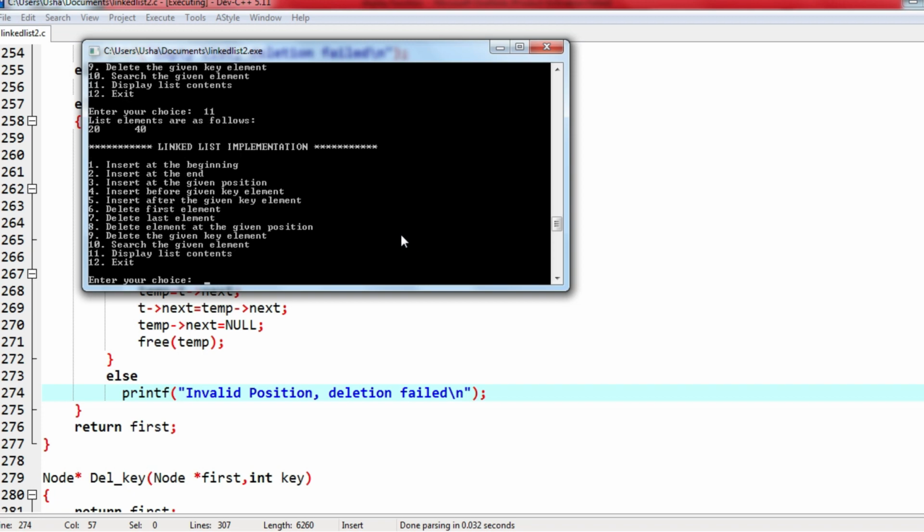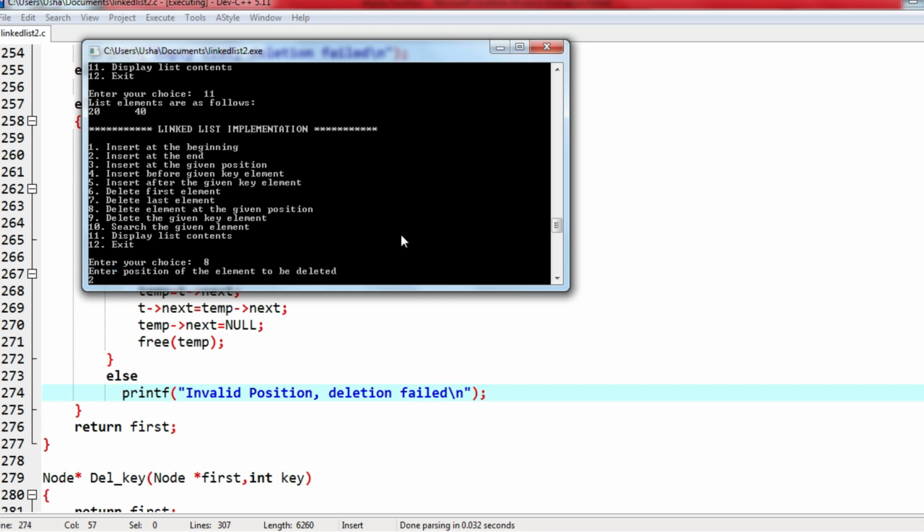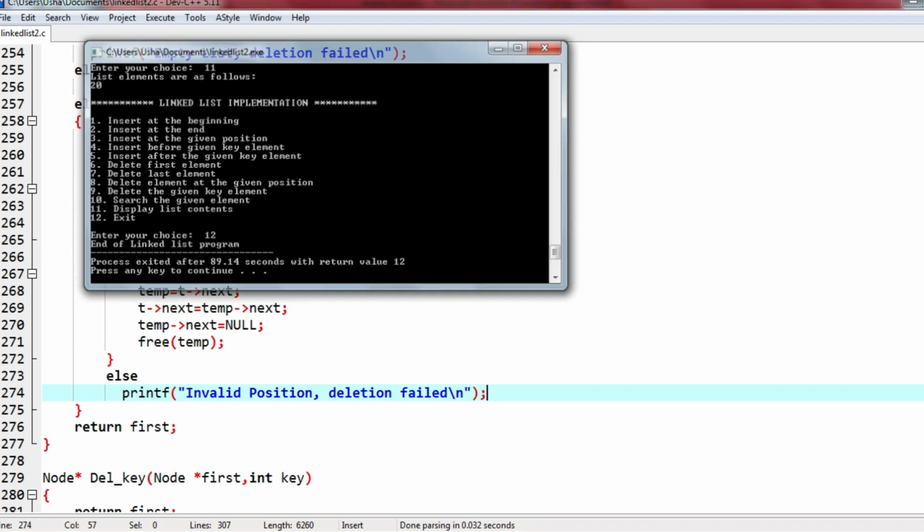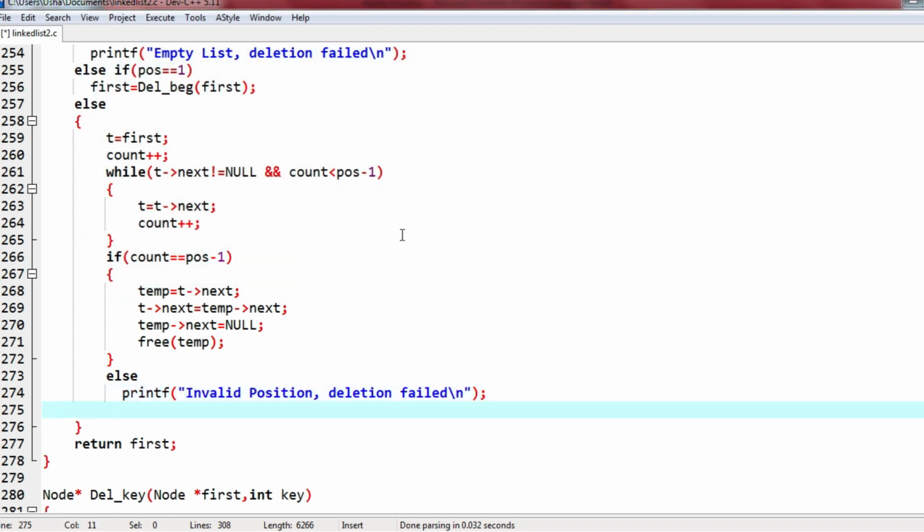Yes, 20 and 40, it's working. Now I'll delete the last element, which is position number 2 in this case, and check. Yes, 20. So it is working fine. Whatever we give, the deletion is happening correctly.